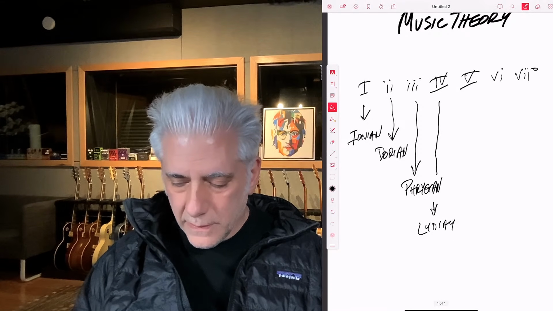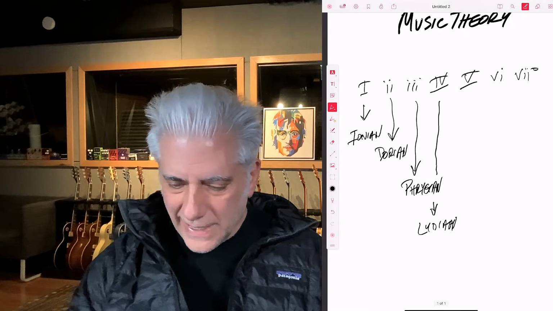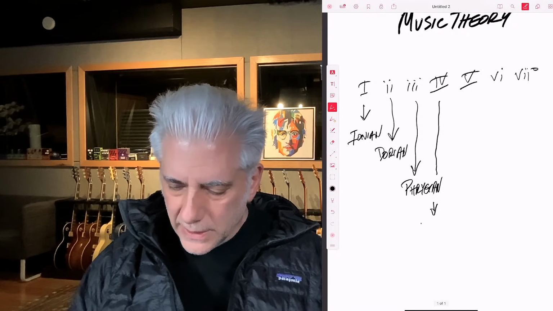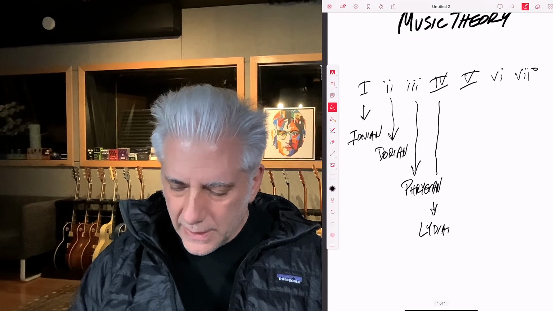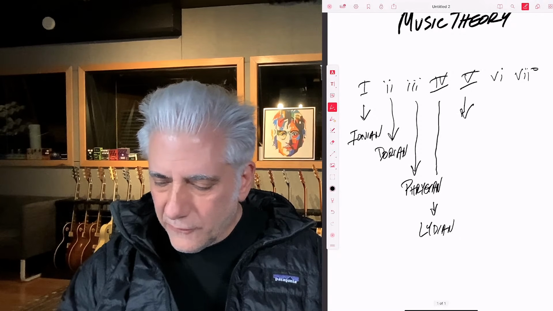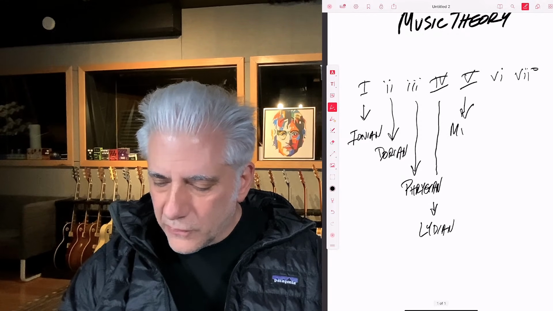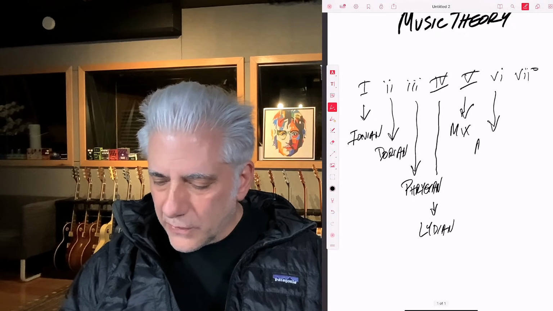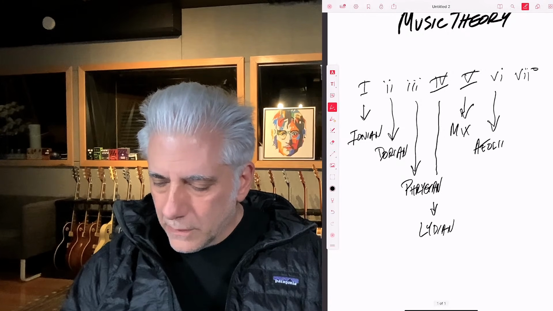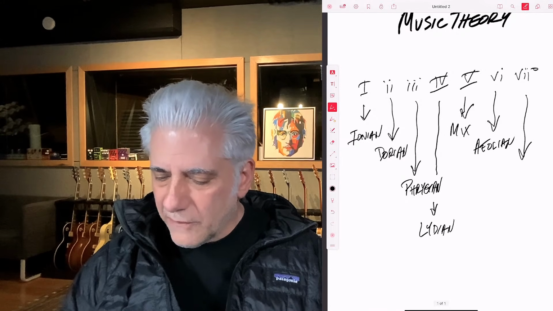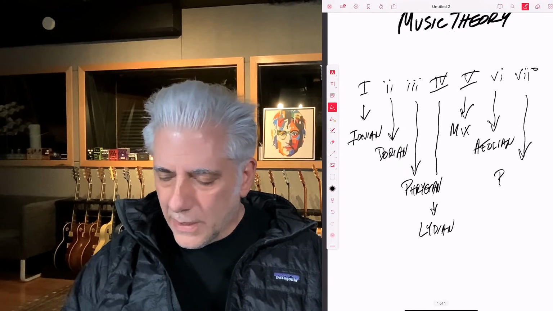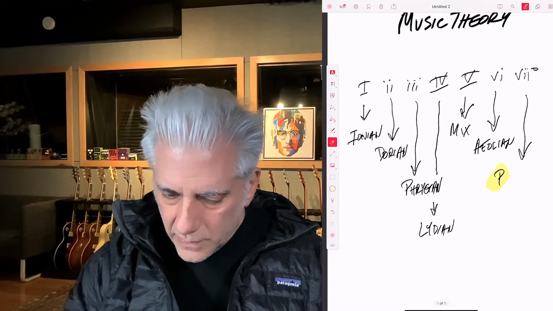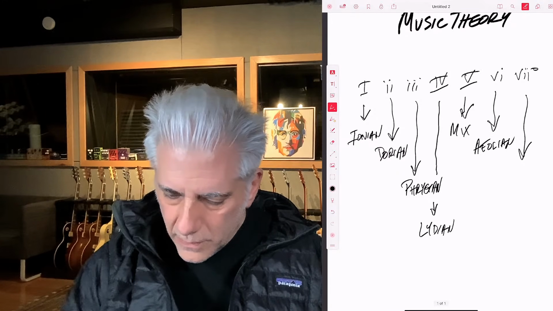Lydian. Not used to writing on these things here. Lydian, L-Y-D-I-A-N. Then you have the mode built on the 5th scale degree, which is Mixolydian. I'm not going to write it out. The mode built on the 6th scale degree is Aeolian. The mode built on the 7th scale degree is Locrian.